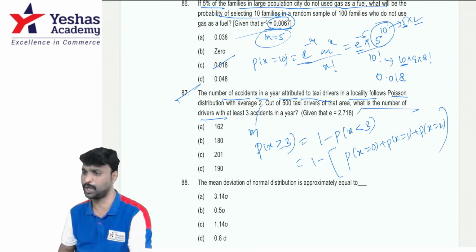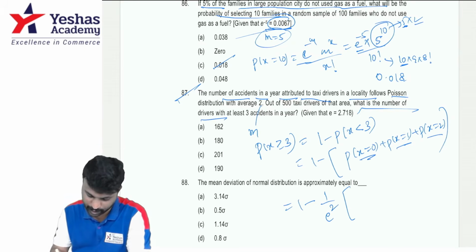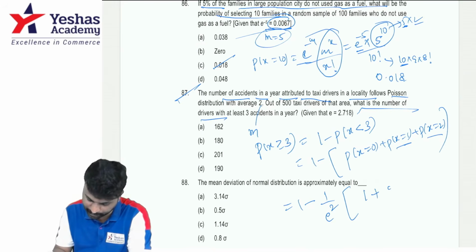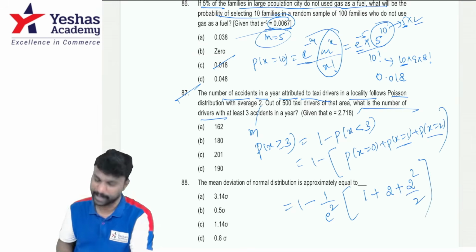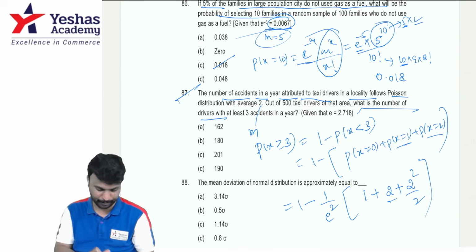It's a Poisson distribution. All the terms have got e power minus m common. So 1 by e power m. M value is 2. Right. So now first term, what is remaining? M power x by x factorial. So m power 0 by 0 factorial is 1. M is 2. 2 power 1 by 1 factorial is 2 only. M is 2. 2 power 2 by 2 factorial is 2 square by 2. Right. Now solve this. 2 square by 2 is 2 plus 2 again plus 1. So which is 2 plus 2 plus 2 plus 1 divided by